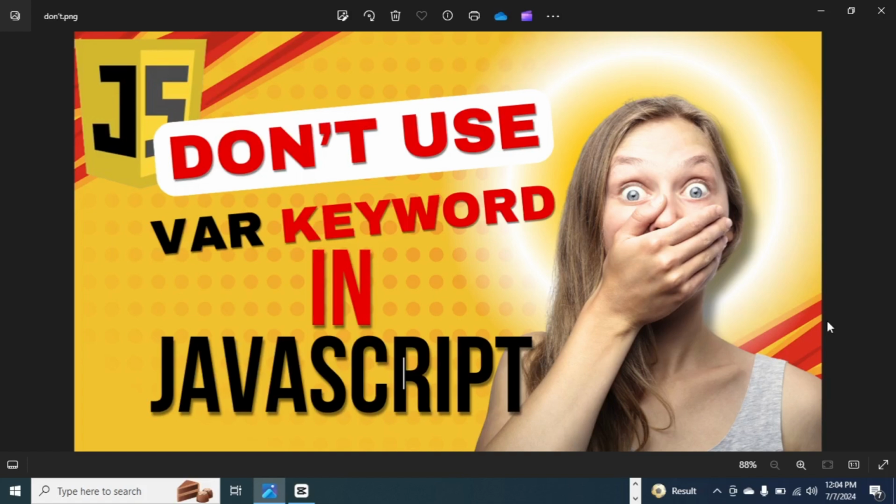Another reason why you shouldn't be using the var keyword is redeclaration. The var keyword allows redeclaration of the same variable within the same scope, which can cause bugs and makes code harder to maintain. While the let keyword does not allow redeclaration within the same scope, making the code more predictable. Now I'm going to show you with an example why you shouldn't be using the var keyword in